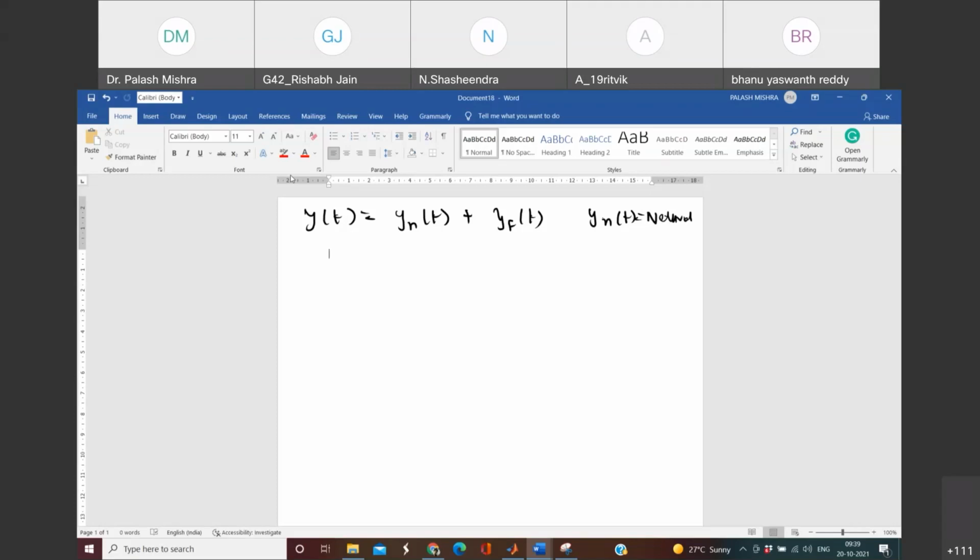So in the coming lectures, you will be given several circuits, and the differential equation which you will be forming, ultimately you have to solve those differential equations. For solving those, you will find the natural response of the system separately, find the force response of the system separately, and then you just have to add them. I suppose you must have learned in your class 12th how to solve differential equations. So that's just an extension of it, a more detailed version of it.